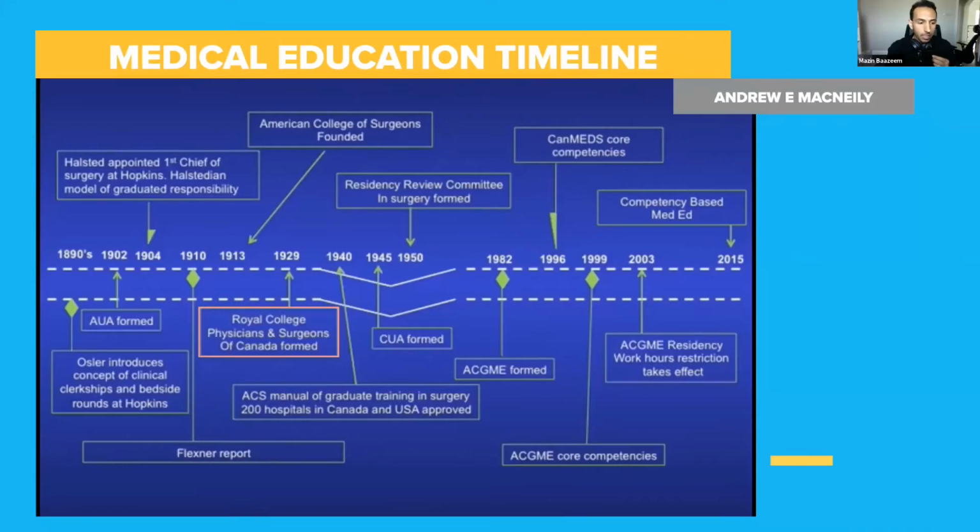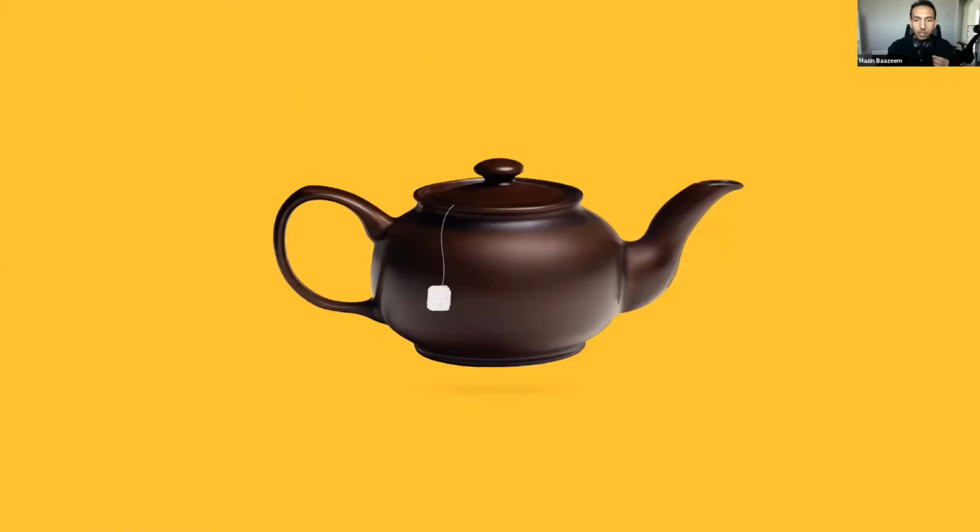But from 1910 roughly until after the Second World War, until 1996, medical education was mostly what we call a tea-bag model. You bring the resident, you put them there for a certain amount of time, depending on the specialty, and then a couple of years later, boom, you have your doctor. So it was entirely based on time, and sometimes only an examination at the end of that period would qualify them to become a physician.